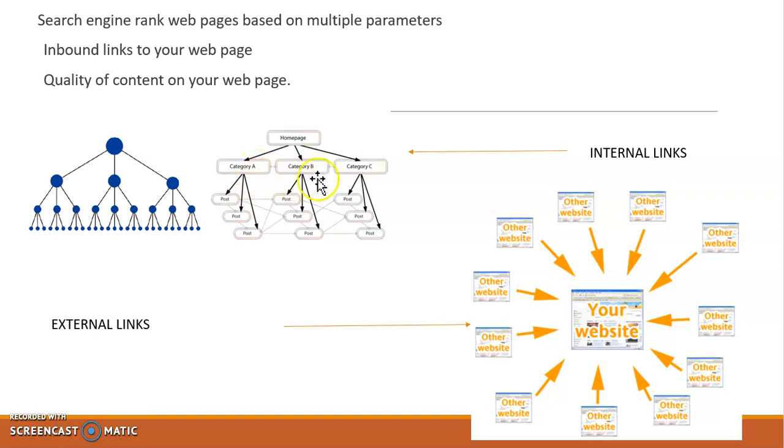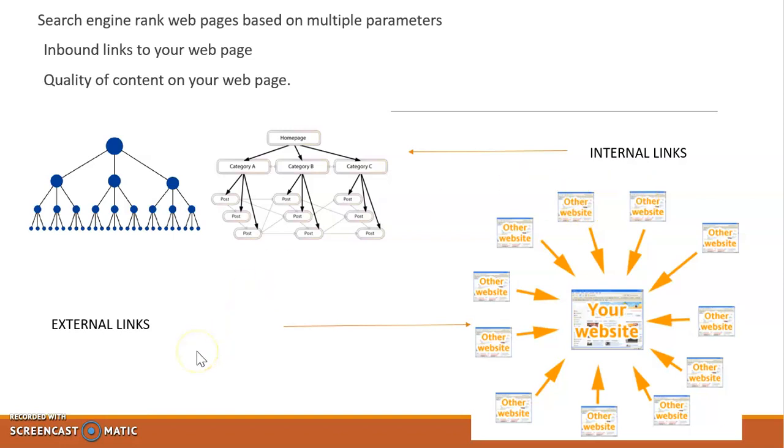There are category A, category B, and category C. And further in these categories we again have pages. So these are all interconnected to each other. For example, if I have created a page based on mother care, and in mother care we again create a link that is related to a problem mothers face. Okay, for example, you have another page about mothers facing problems. So you create that link in your existing page. That is basically what happens in an internal link.